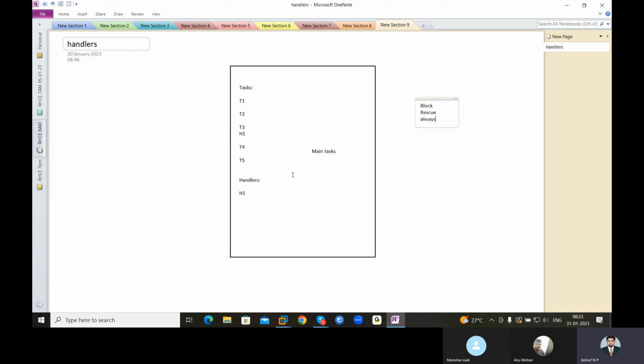Next I'm just going to show you one more example, with a condition. Some condition we can use. I just want to show you how we use block. Block is actually normally used.